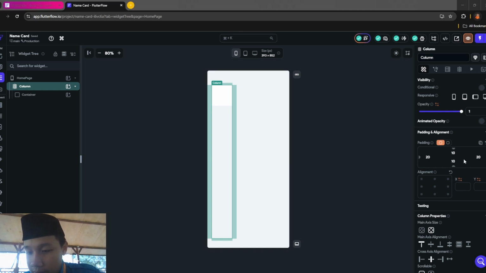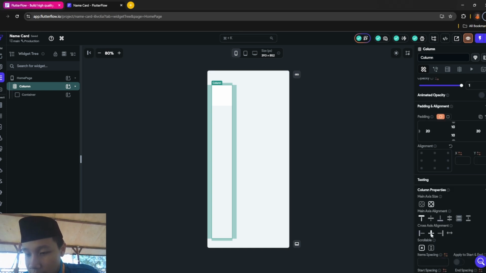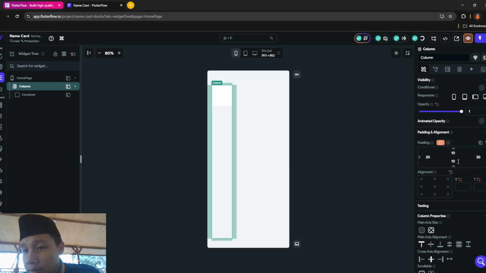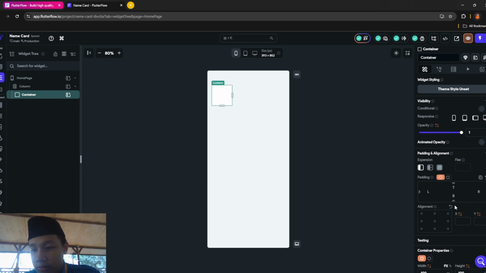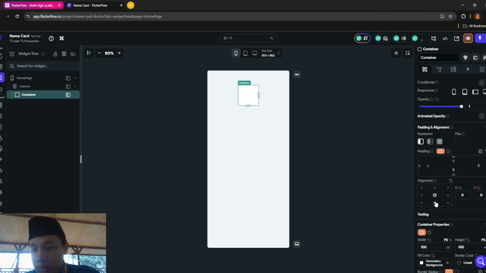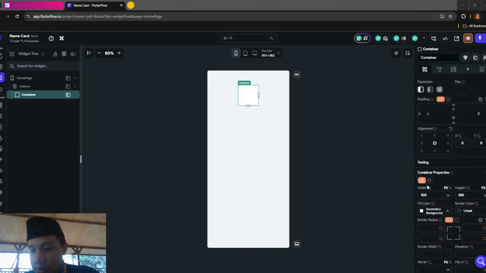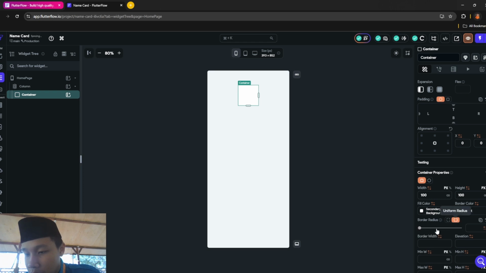Then after that you want to make an alignment for this container. So the container settings are alignment to middle, and then border radius to 15.